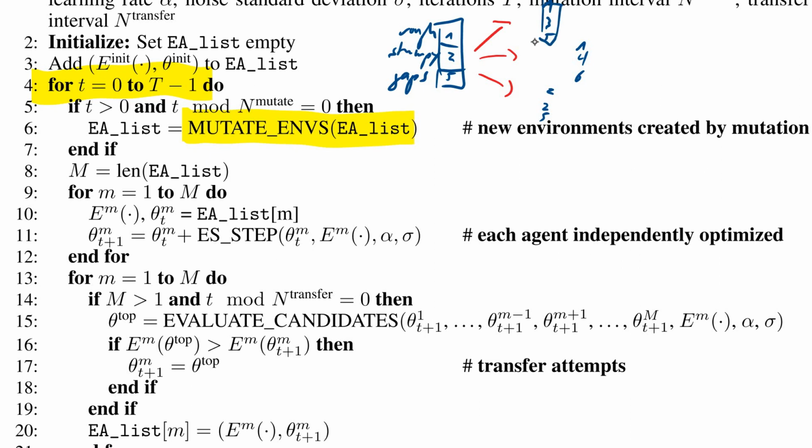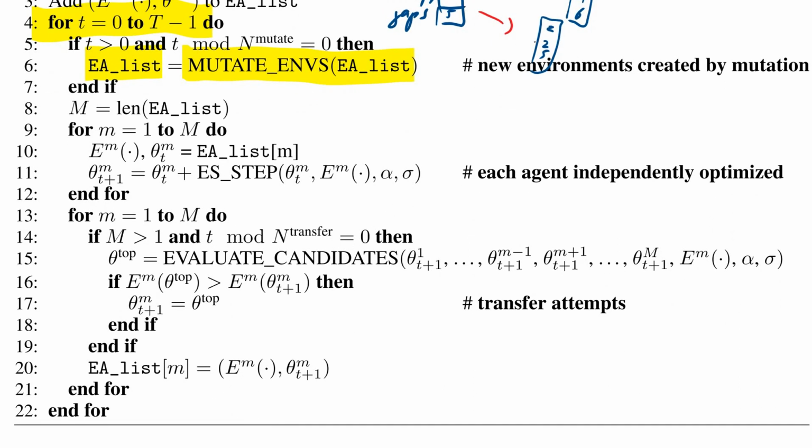You already see that the requirement here is that you can actually have environments that are procedurally generated and mutated like this, where a small mutation probably is going to lead to a small change in the environment. In any case, you mutate them, and then you want to